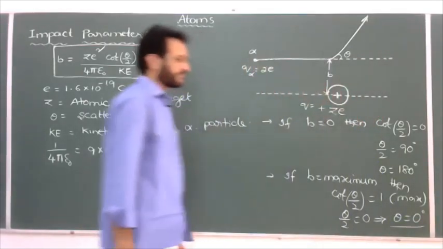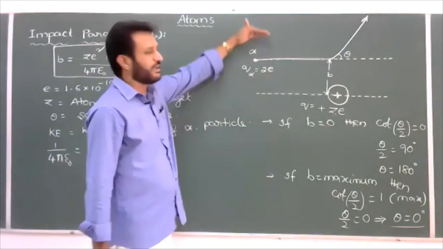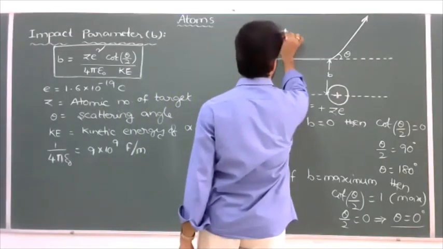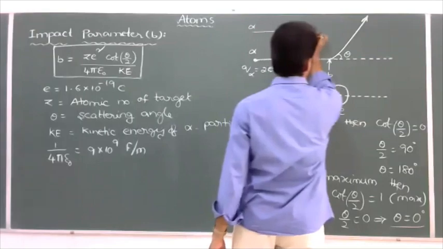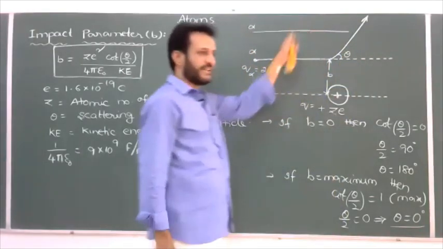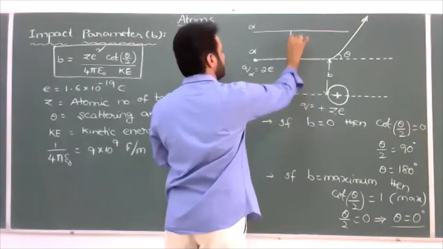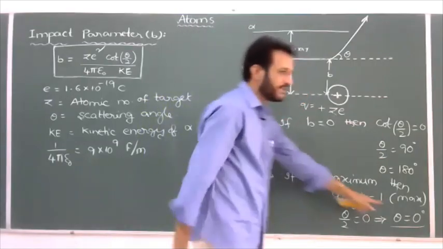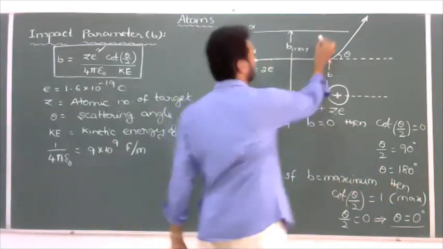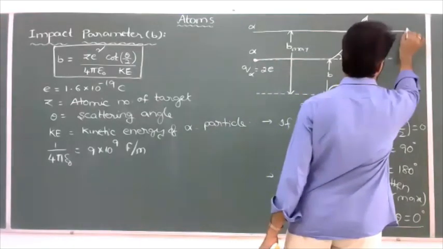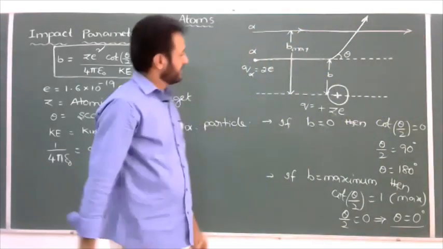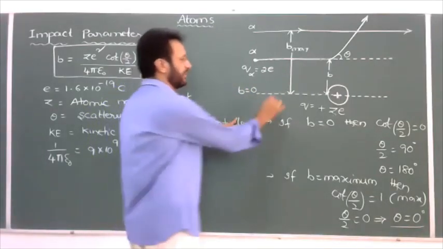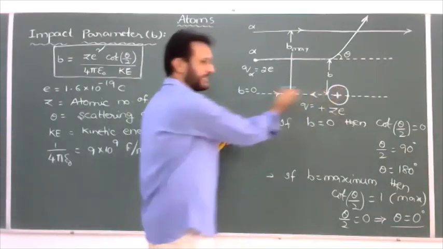Now check here. Whenever the impact parameter is very large, the alpha particle is moving along this straight path. It is the path of the alpha particle. What is the impact parameter? We are saying a large value. So in this case, the impact parameter is maximum. Whenever the impact parameter is maximum, what is the angle of scattering? 0. That means the alpha particle moves along a straight path without deviation or scattering. Observe carefully: whenever the impact parameter B is equal to 0, the alpha particle is exactly retracing its path, moving back.